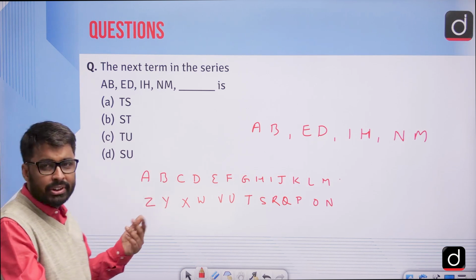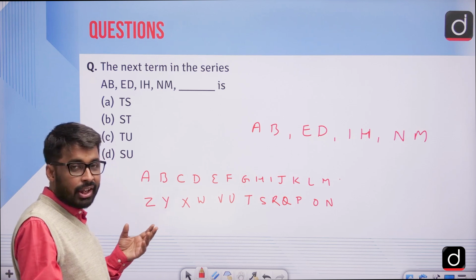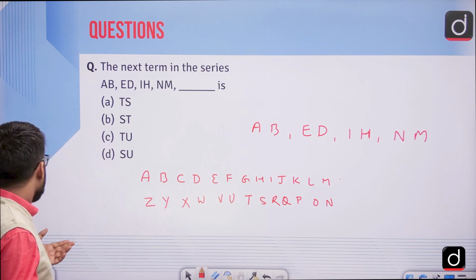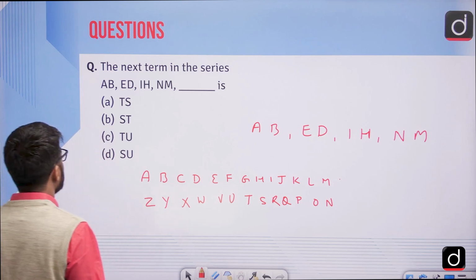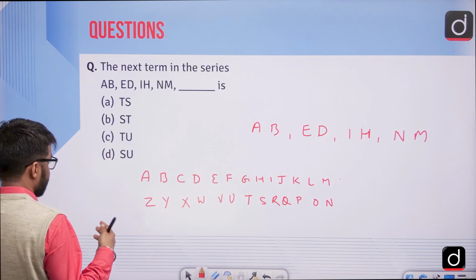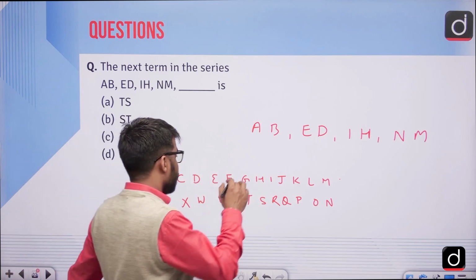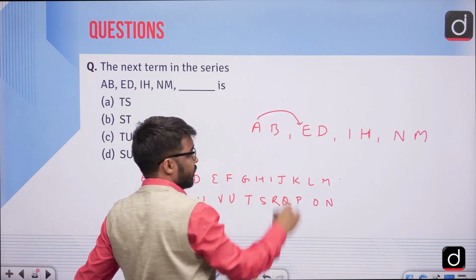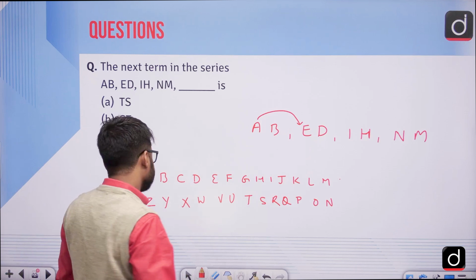This is a simple question. I don't think that you will require your options over here. You will, but I'll show you the answer. It is option A. Now, when you move from first letter to the first letter, from A to E,